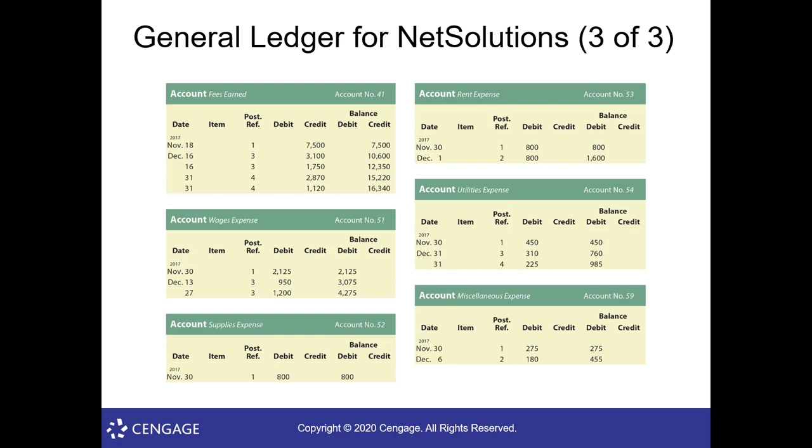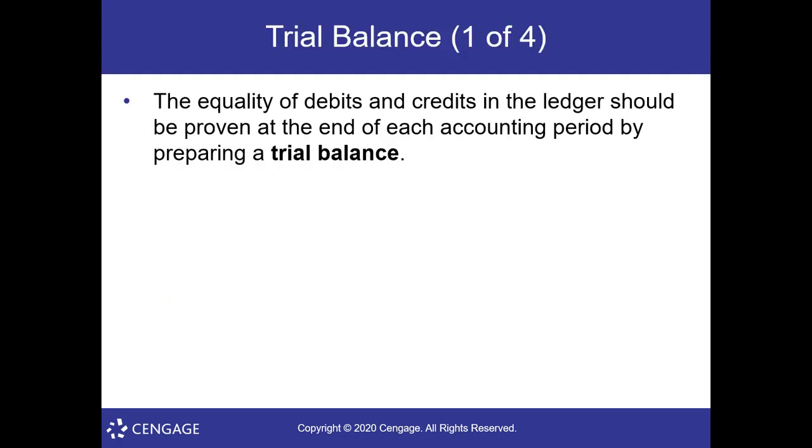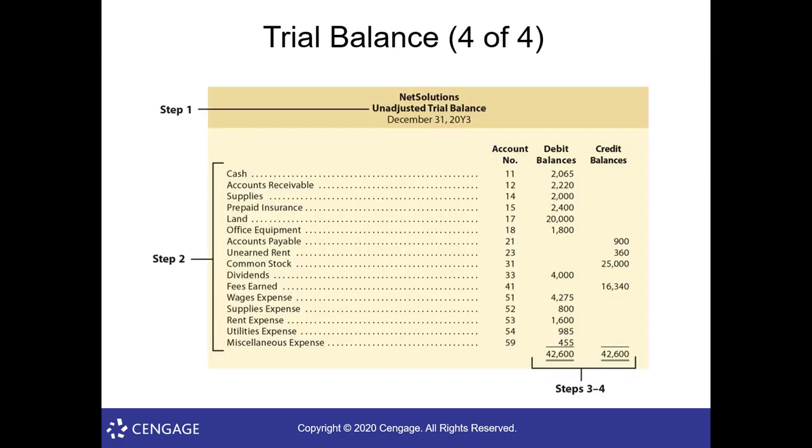So if we take the balance of all of these accounts and list out all of the debits and credits, that is a trial balance. And here is the trial balance at the end of December for all of the account ledgers and their respective